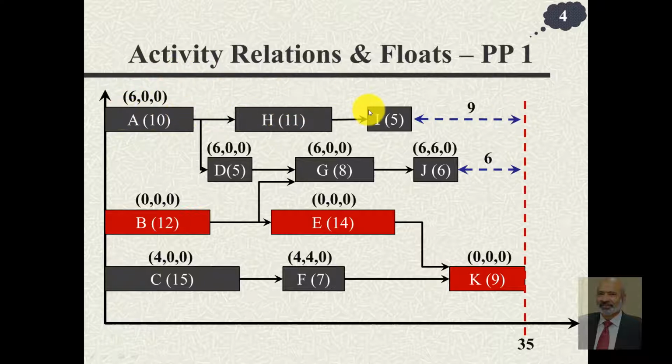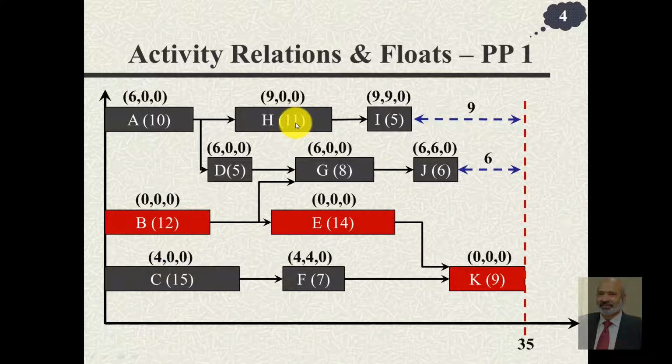When we look at this path A, H, I, the time taken by activities on this path is 26. So there is the possibility of delay of 9 units of time, 9 days, and so that becomes the total float for each one of these activities. And like we learned for the previous cases of activity C, F or D, G, J, the activity I does not have any successor, so it has a free float of 9. But if we allow activity H to avail delay, then this activity I cannot be delayed, so its independent float is 0.